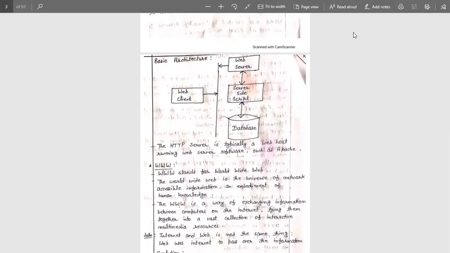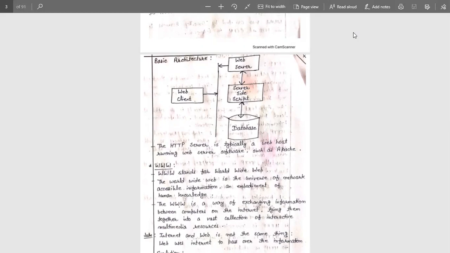That means once a database is created, it collects all the solutions of our query. Our server will send the request to the server side script to pass it to the database, and the database will revert back with a particular script, and that script will be sent back to the web server. Once the web server gets that solution, it will get back to the client side and the client will get it on its screen.